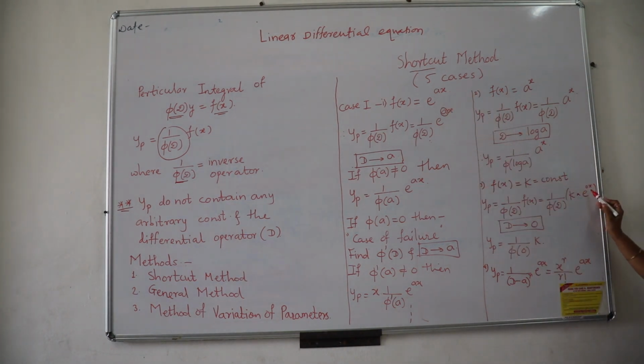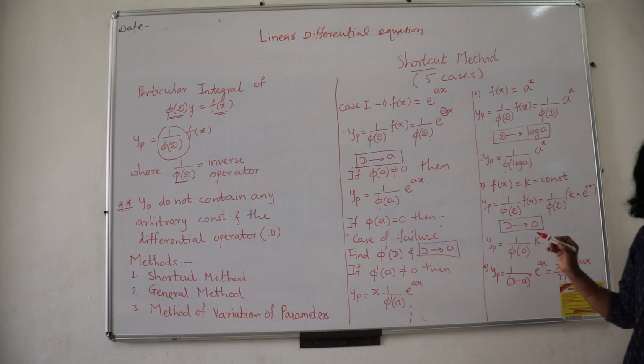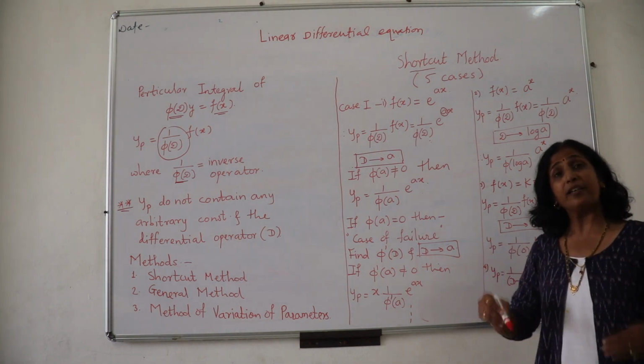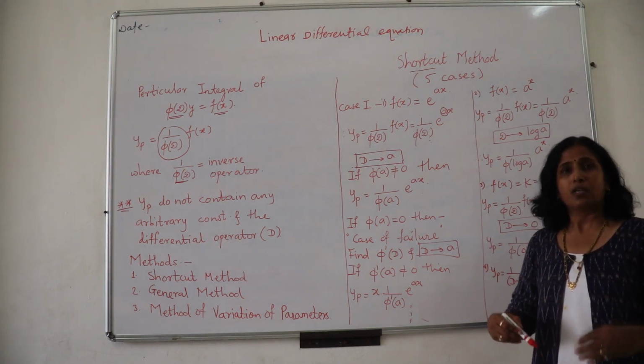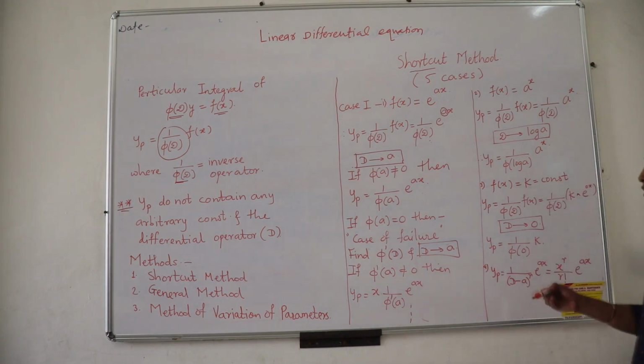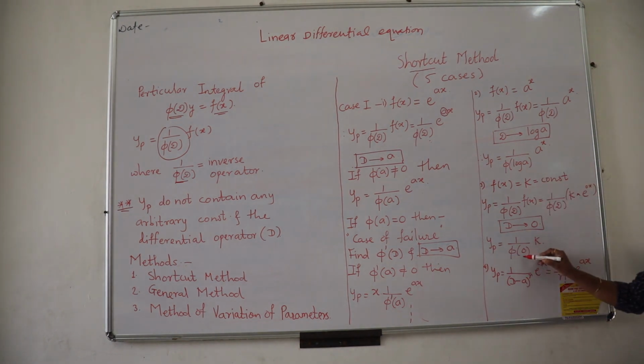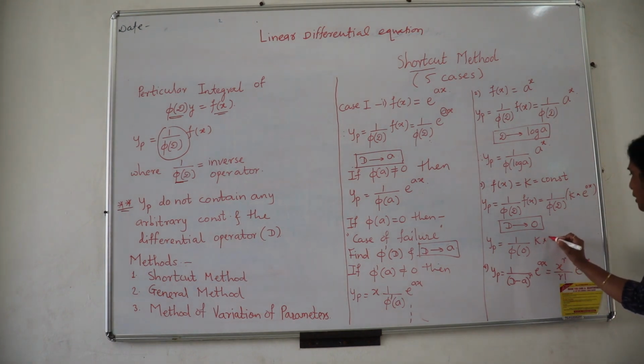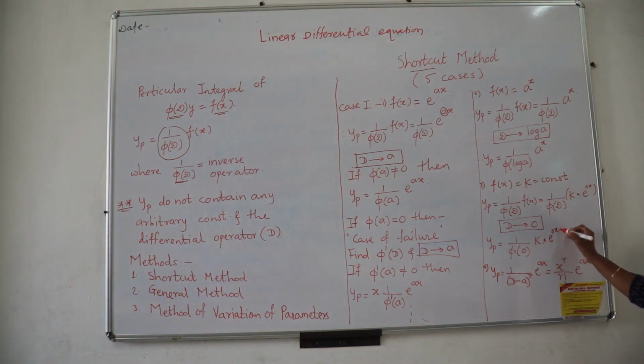So what is a here? 0. So here D is replaced by 0. And though D is replaced by 0, it doesn't mean that the denominator is 0, because D is only replaced by 0. Some other terms may be there, so it is not always 0. So 1 upon phi of 0 and then multiplied by k. If you are interested, you may keep this function e raised to 0x as it is, but this value is 1 finally, as you know already.